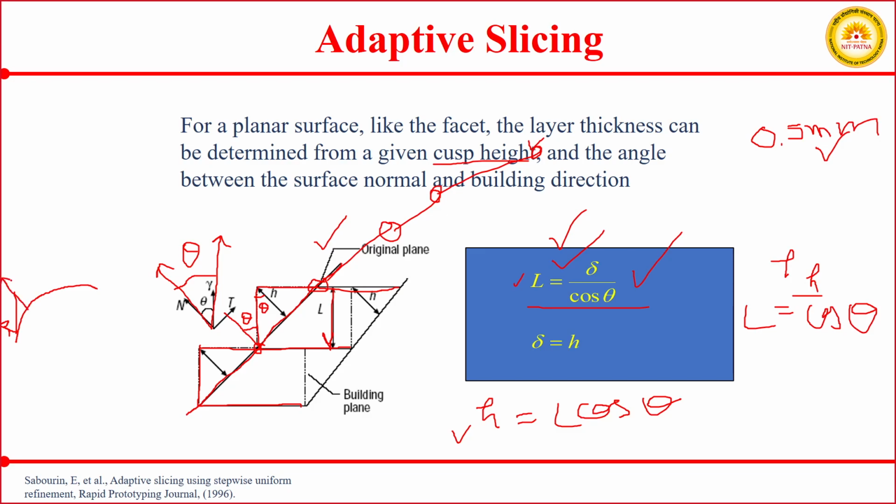your surface normal will be at this and your build direction will be this. So here we can see the angle between your surface normal and the build direction is decreasing. Initially it is high and later on it is decreasing. So high theta, it means